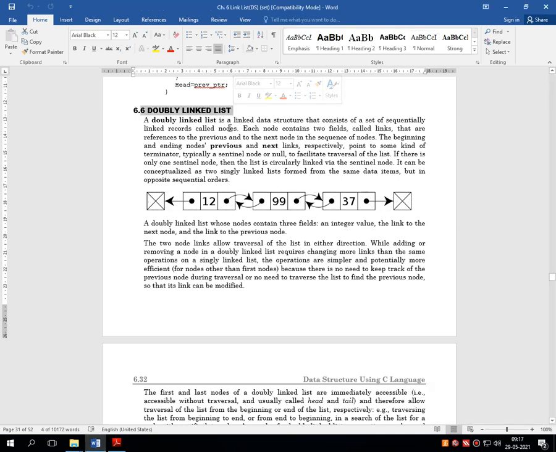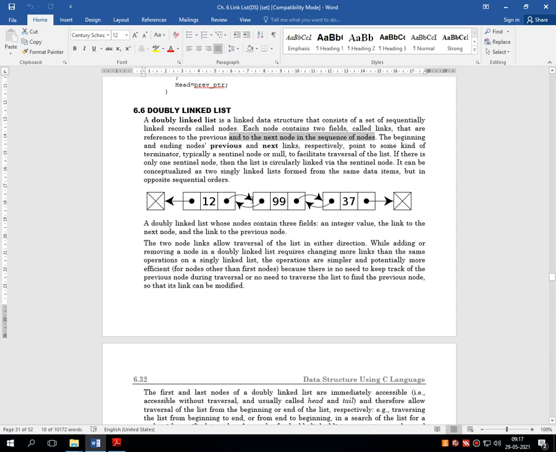So the theory is written over here. A double linked list is a linked data structure that consists of a set of sequentially linked records called nodes. Each node contains two fields called links that are references to the previous and the next node in a sequence of nodes.